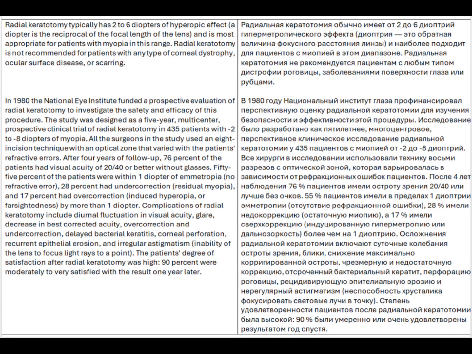55% of the patients were within 1 diopter of emmetropia, no refractive error, 28% had undercorrection, a residual myopia, and 17% had overcorrection, induced hyperopia, or farsightedness, by more than 1 diopter. Complications of radial keratotomy include diurnal fluctuation in visual acuity, glare, decrease in best corrected acuity, overcorrection and undercorrection, delayed bacterial keratitis, corneal perforation, recurrent epithelial erosion, and irregular astigmatism, inability of the lens to focus light rays to a